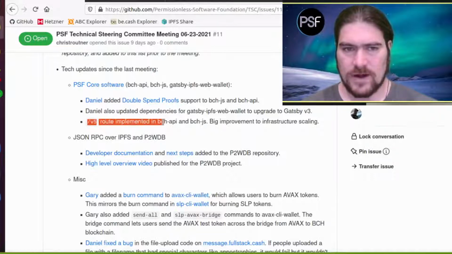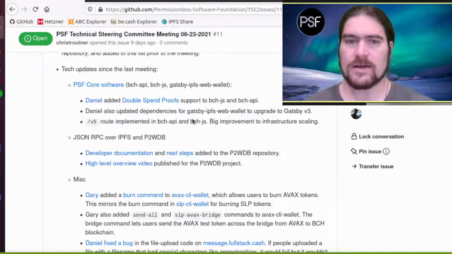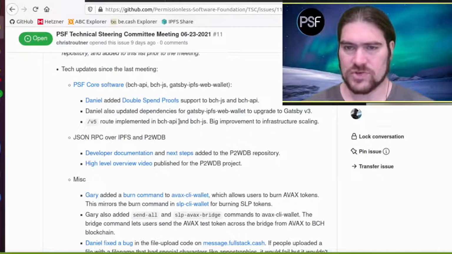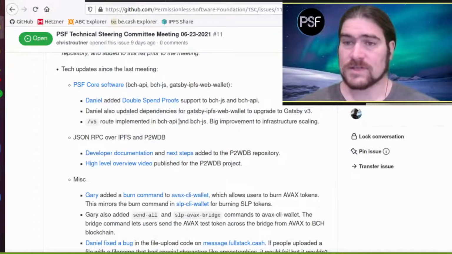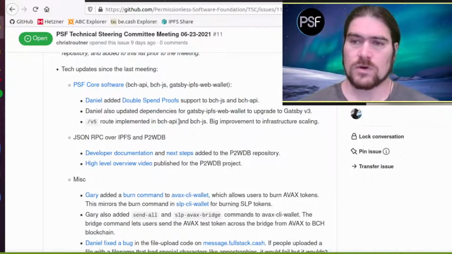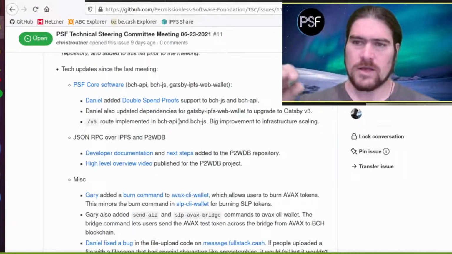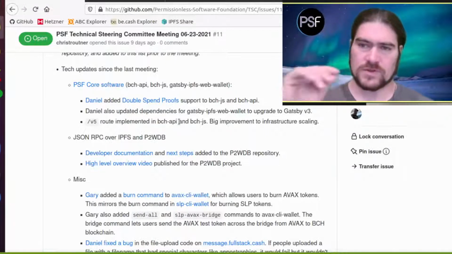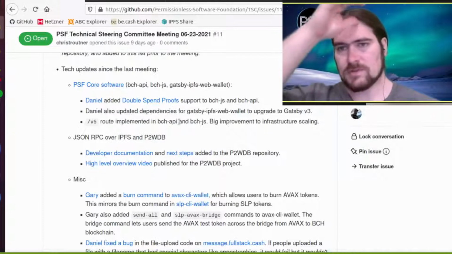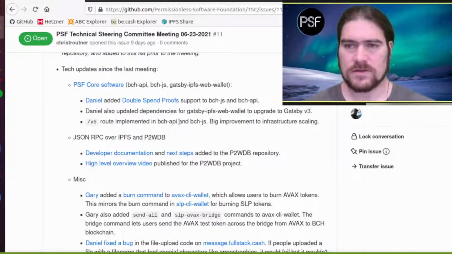The V5 route has been implemented in BCH API, and it's now used by default in BCH.js. And so if anybody is using BCH.js in a project, now is a really excellent time to update that, because the V5 route will allow us to continue to scale our infrastructure horizontally. And the V4 route, which is the older route that if you haven't updated your BCH.js in the last few days is what you're using, we'll eventually have to sunset that, probably in the next few months, and